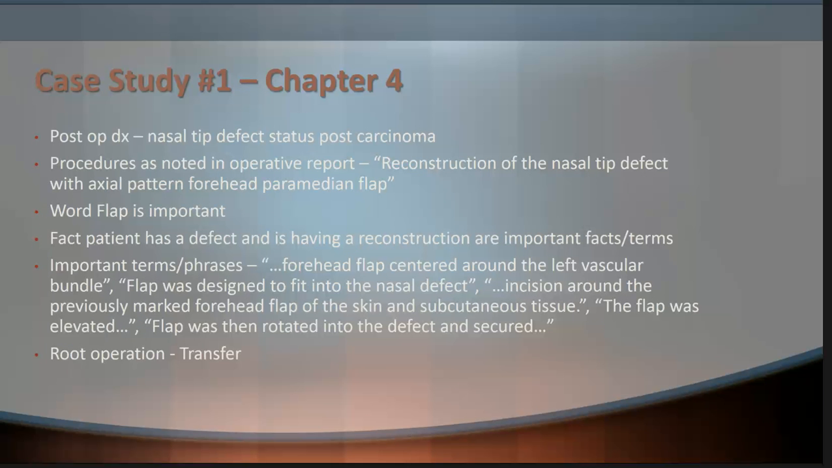At the end of chapter 4, you have, I believe, 2 case studies or operative notes. The first one is a patient who has a deformity or a defect of their nose after having had a skin cancer removed. The procedure noted in the operative report is identified as reconstruction of the nasal tip defect. They're talking about a surgical defect that was created by removing that cancer. Reconstruction of a nasal tip defect with axial patterned forehead